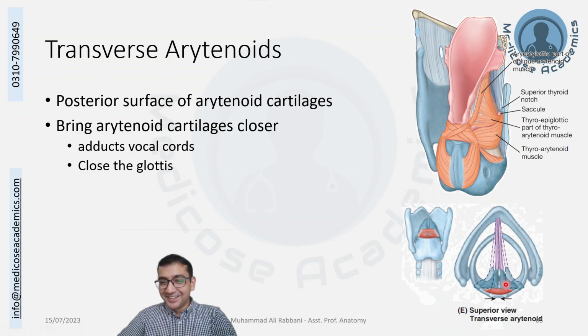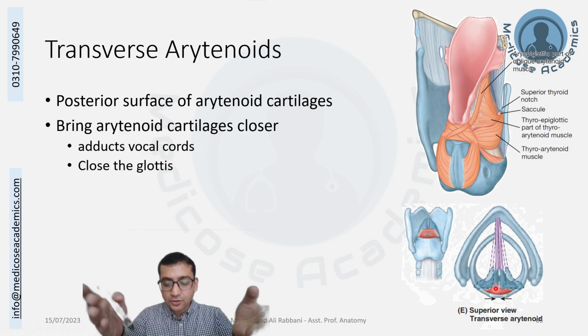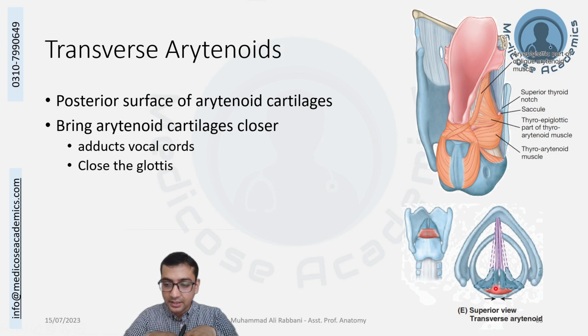Okay, so arytenoid cartilages, the sliding movement we talked about. The arytenoid cartilages can slide away or towards one another on the top of the cricoid cartilage. Moving them together, close to one another, is done by the transverse arytenoid. When it does that, it is directly closing the glottis. It is tucking the vocal cords, bringing them together,